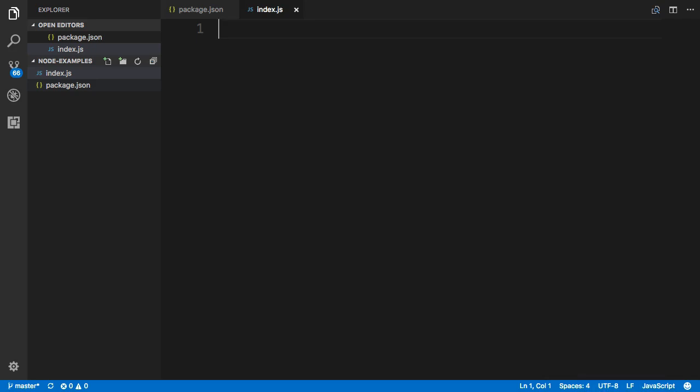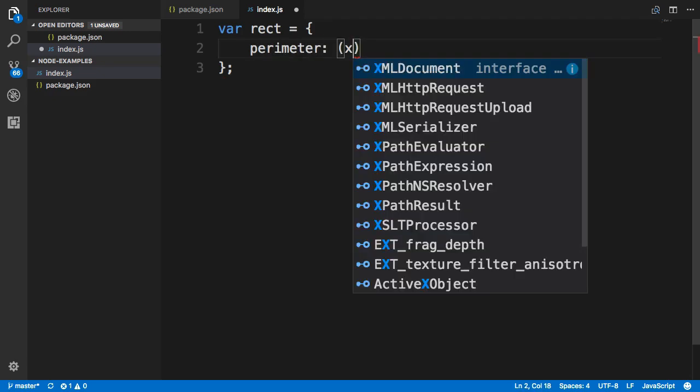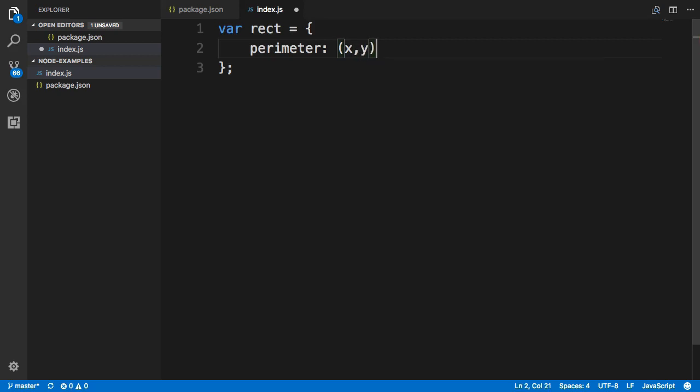To get started, type var rect, and we're going to create a JavaScript object here with two properties: perimeter, which is a function, and